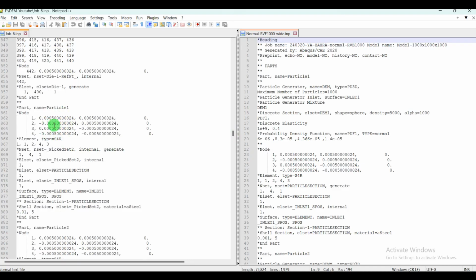This is particle 1 and this is particle 2, meaning inlet 1 and inlet 2. So for particle 1 I choose this information, copy this one, copy